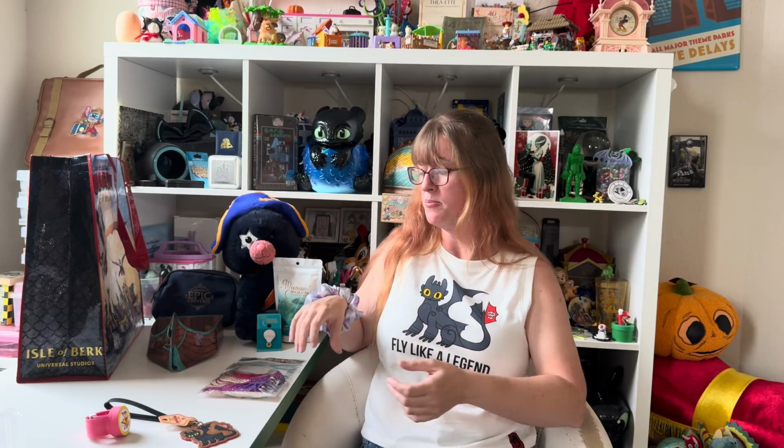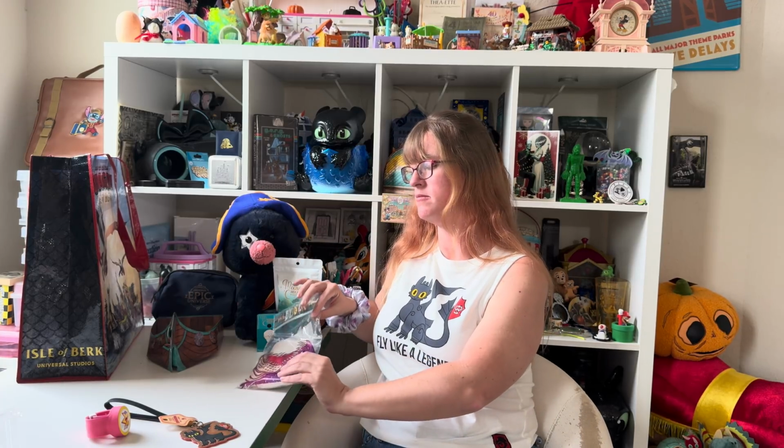I also went to How to Treat Your Dragon. It's like their sweet shop with candy, and there are all different packaged candies, rock candy that have the different dragon themes, different boxed candies, but then they have a case line of treats. And they had cookies and cake pops and a couple other little things. They probably will get more stuff. It was just the preview, but I gotta say,